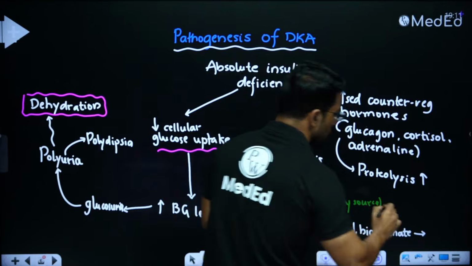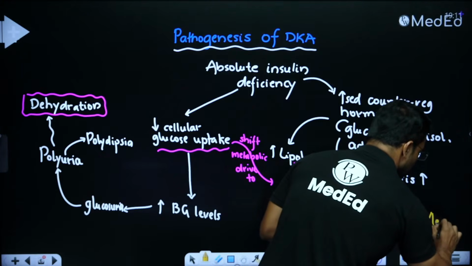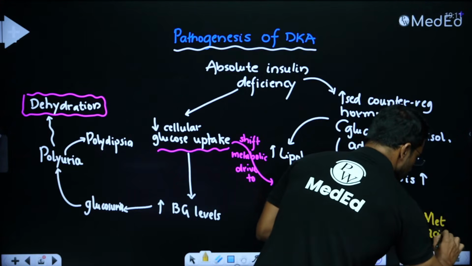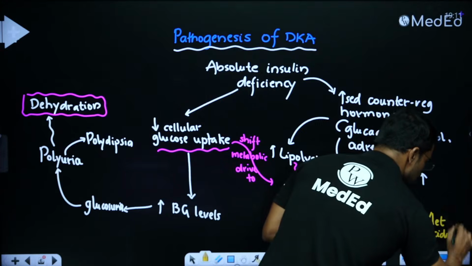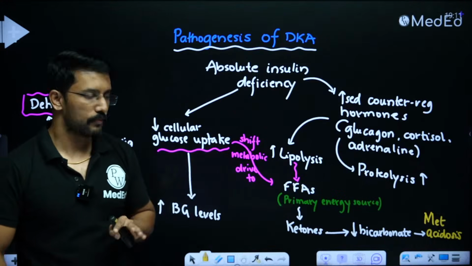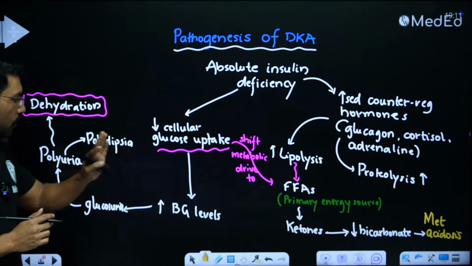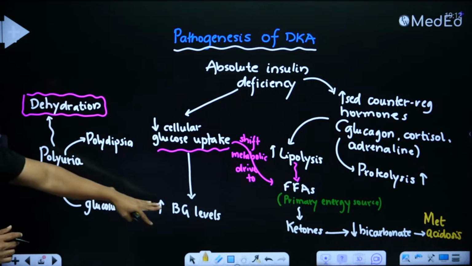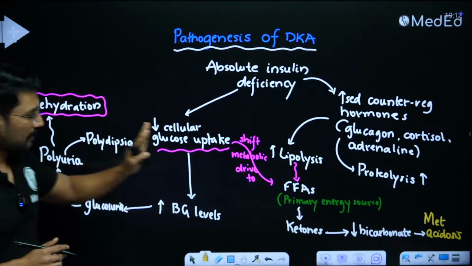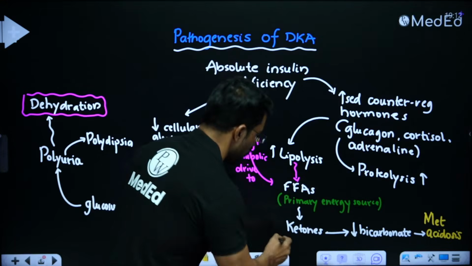What type of acidosis is this? We will call it metabolic acidosis, because it is not because of respiratory system dysfunction. We are ending up with metabolic acidosis. So two major things happened here. One, increased blood glucose level resulted in dehydration, and second, I ended up with metabolic acidosis because of the formation